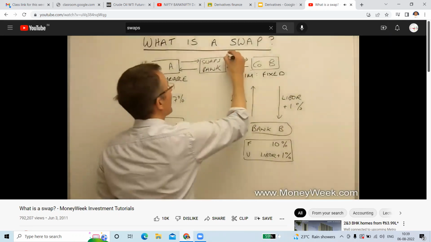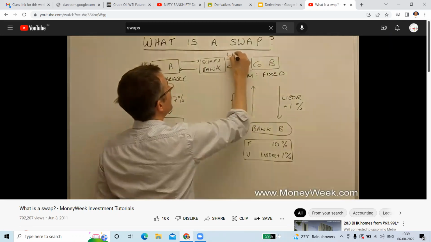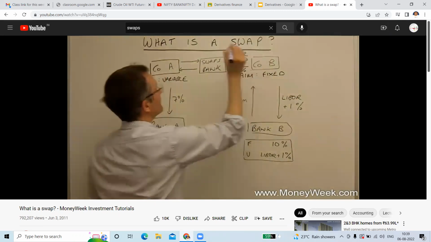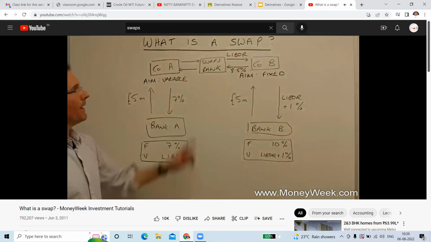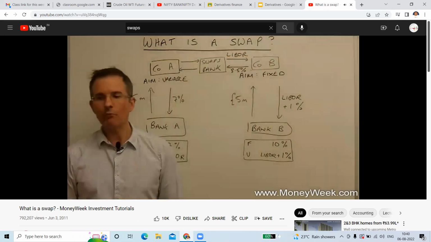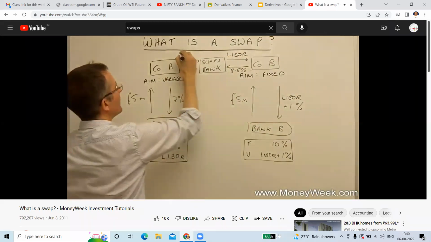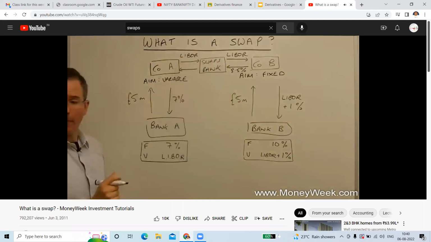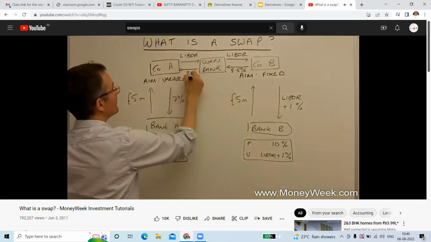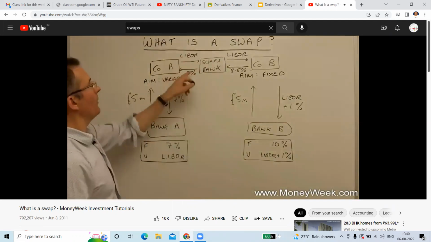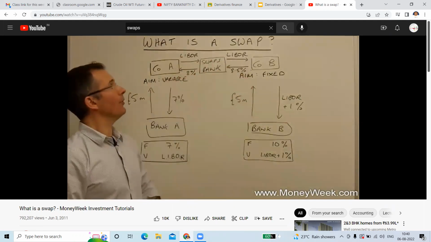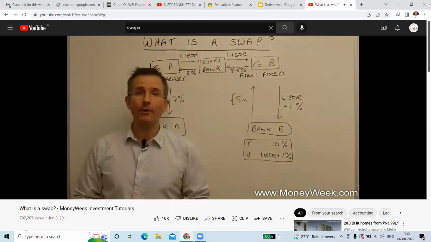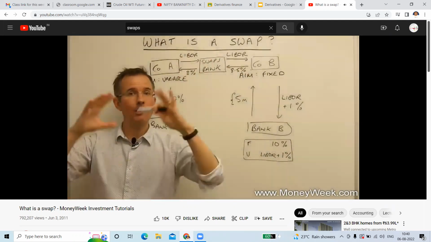So basically here's the deal. Swaps Bank says, on a notional 5 million, we'll pay you LIBOR and you can pay us 8.5% fixed. Then it goes to company A and says, we'll do a deal with you, another swap. Basically, you pay us LIBOR and we'll give you 8% fixed. So there's swap 1 with company B and swap 2 with company A, separate contracts. No new cash changing hands, no 5 millions, just an agreement to swap the interest payments on what's called a notional amount of 5 million.